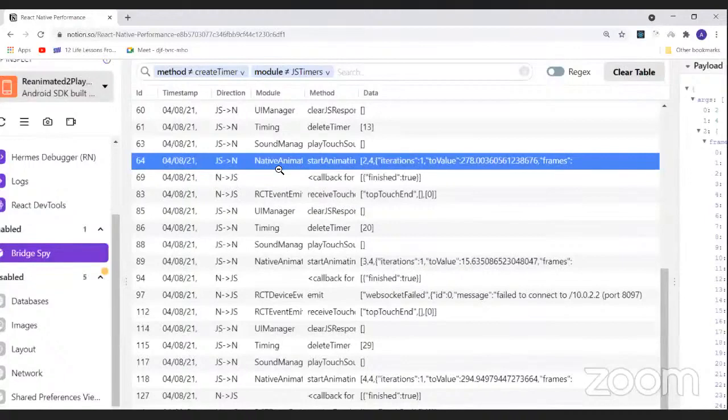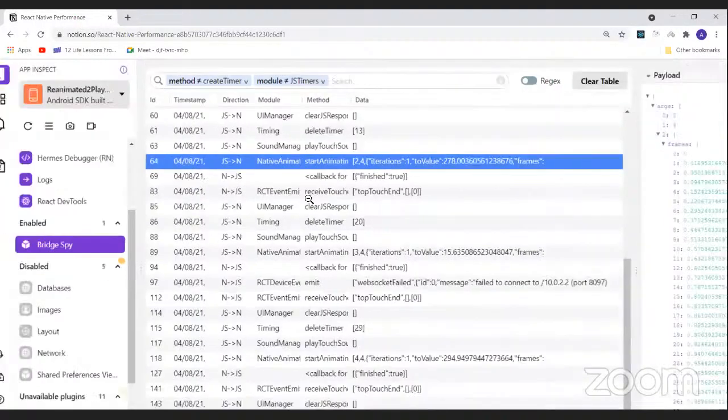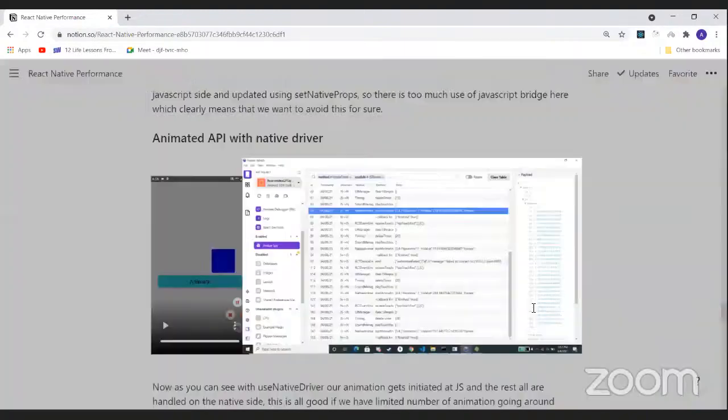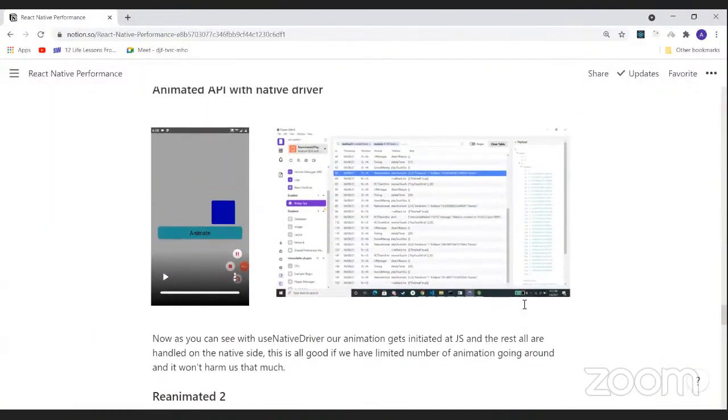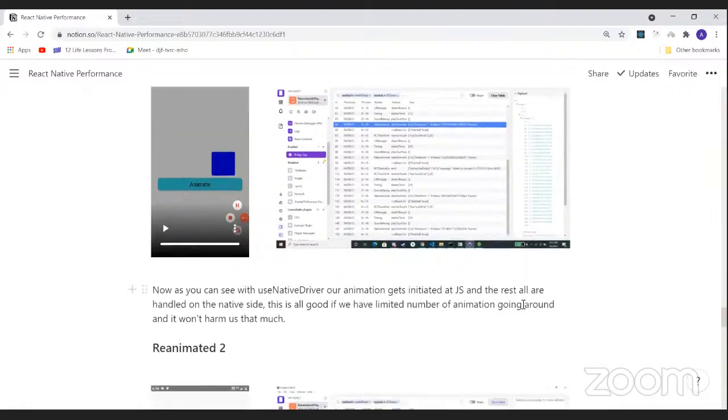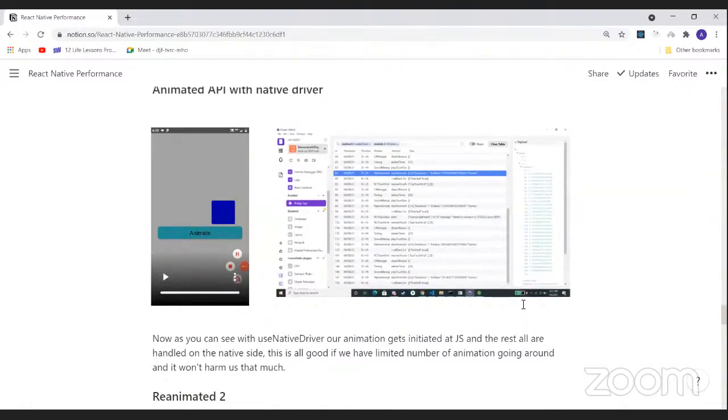The animation is just initiated from JavaScript and all the calculation and layout happens on the native side. So there is less bridge traffic here. But in the end, it uses the bridge to communicate, and if possible, we should avoid that because for animation, we don't want a delay. Responding to touch events should be as fast and quick as possible.